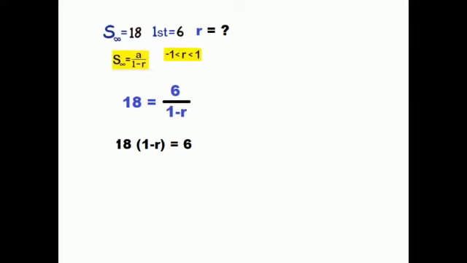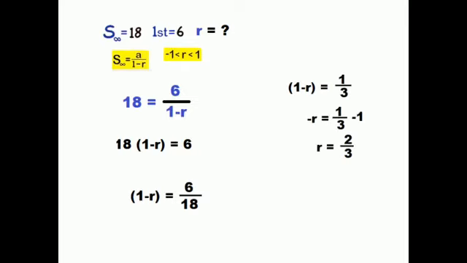You can expand the bracket and remove it, that is one method. Another method, here I am doing: 1 minus R is equal to 6 by 18. So 1 minus R is equal to 1 by 3. Then minus R is equal to 1 by 3 minus 1, so R is equal to 2 by 3. Calculations I know you know, there's no need for the teacher to explain. Here we only have to find the things which are given, apply the values in the formula and find the missing one. Maybe A, sometimes R or sometimes S infinity.